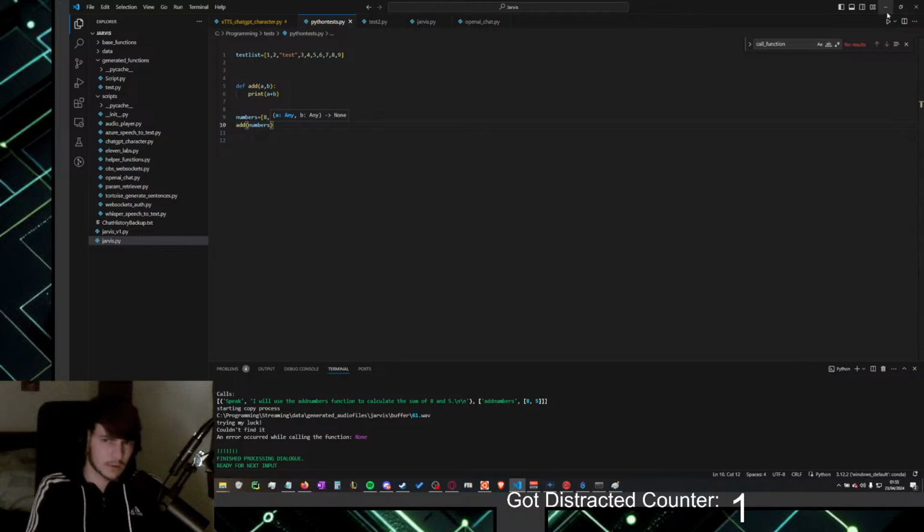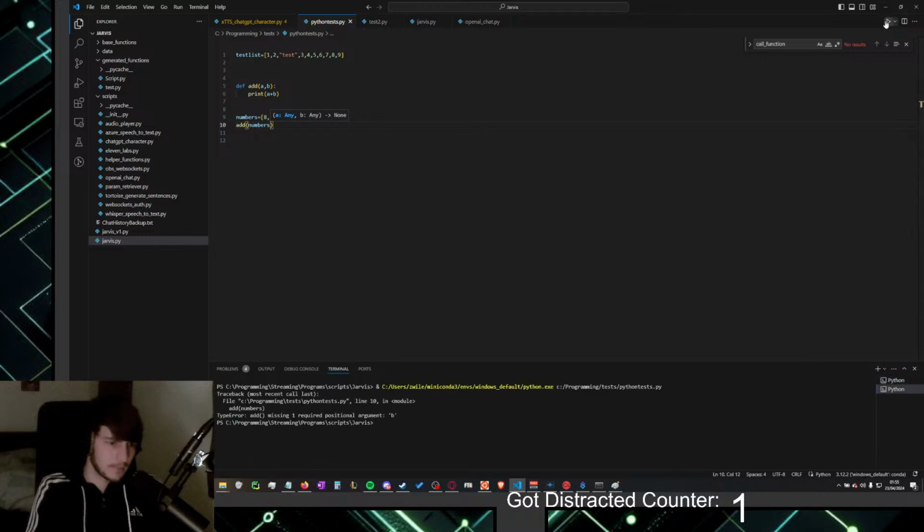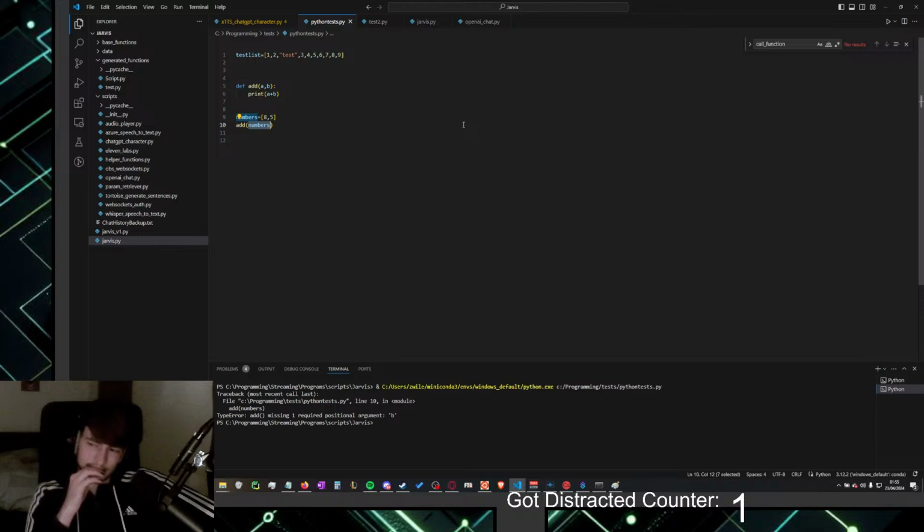Does this work? No, as I expected, because it's a list. How can I make this work? I have to make it work here. I can't change the function because the functions get written by ChatGPT and it will confuse itself and everything. So I have to write this in a way that it can't get destroyed.